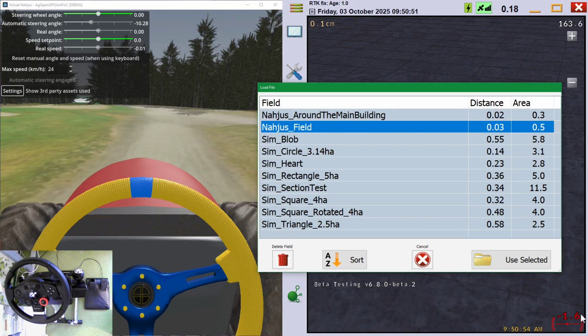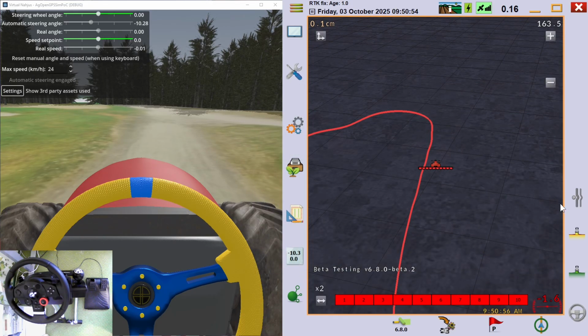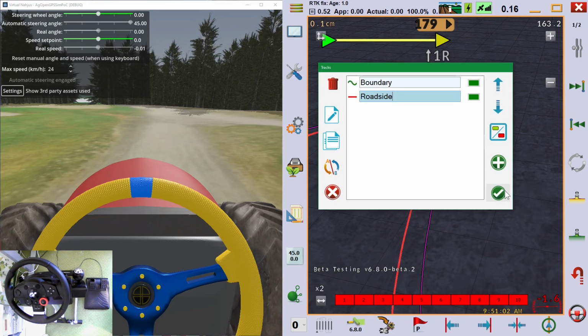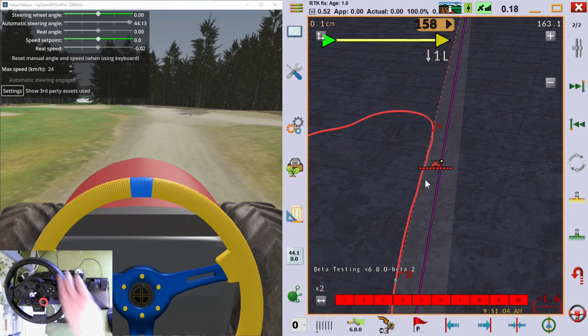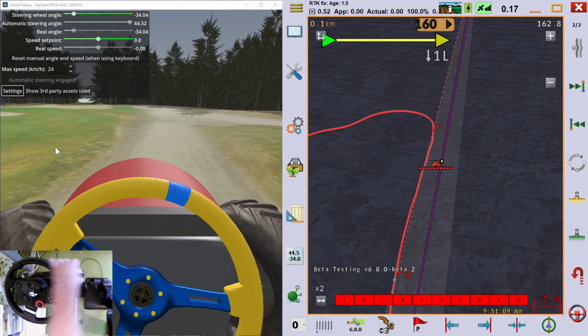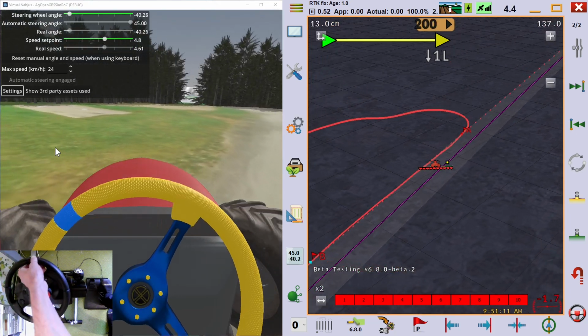So we'll use this field called field instead, which is actually this sports or play or multi-purpose field here.